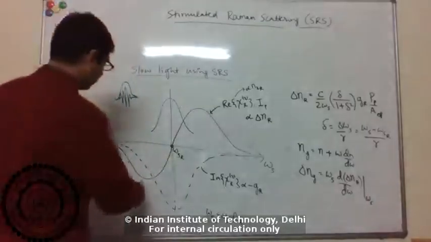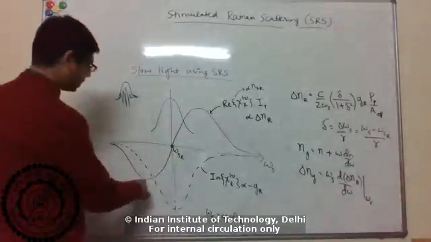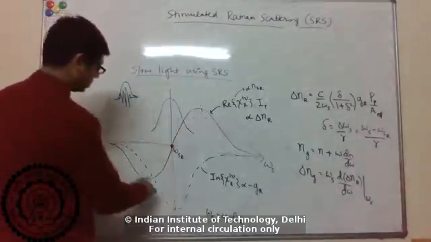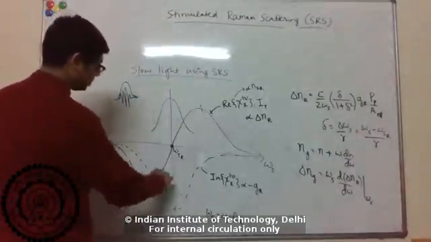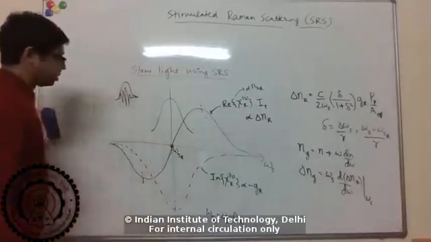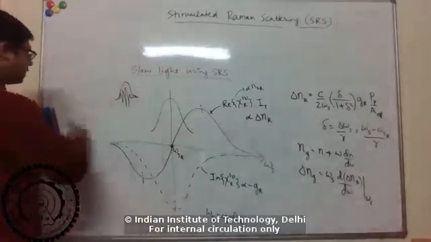If you take the derivative, you can see that it's positive in this range and negative in this range. Which means if I plot Ng,